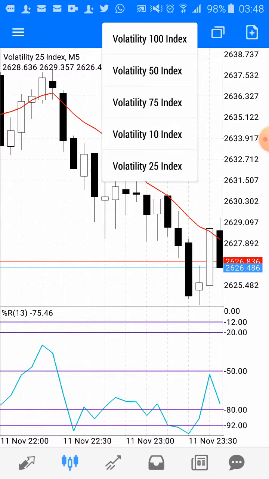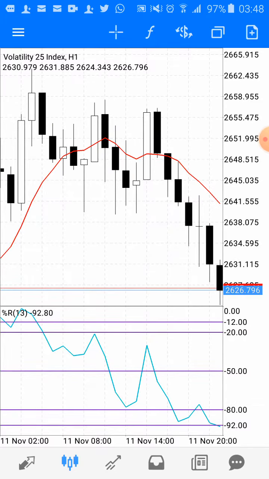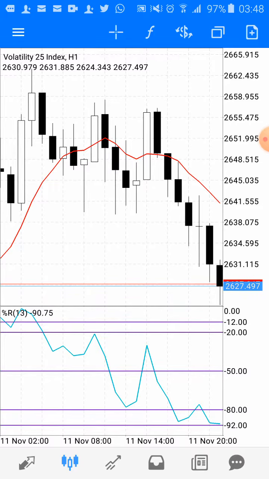Now we use the M line on the 1 hour time frame. Look at this place now. 1, 2, 3, 4, 5, 6, 7. On the sixth count, you will see that the William moving average cross one of the lines. The way it crosses one of the lines is what we are looking for. If it crosses one of the lines, it's also showing us a perfect entry signal.